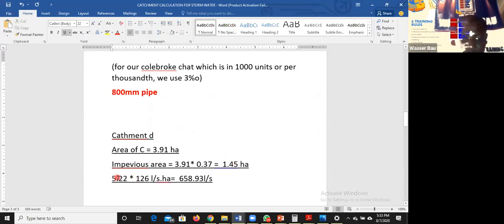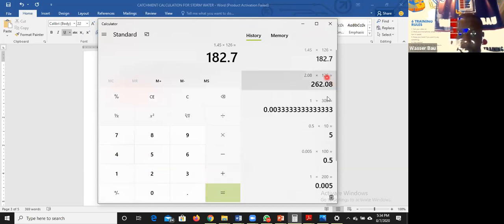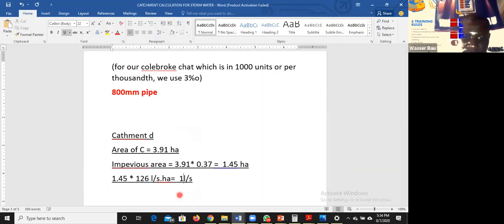Okay. Therefore, rain intensity will now be 1.45, which is the impervious area. I like you call it impervious area, you call it the paved area. And what would that give you? 1.45 multiplied by 126 is 182. Very small area, 182. Therefore, the flow now will be 182 plus